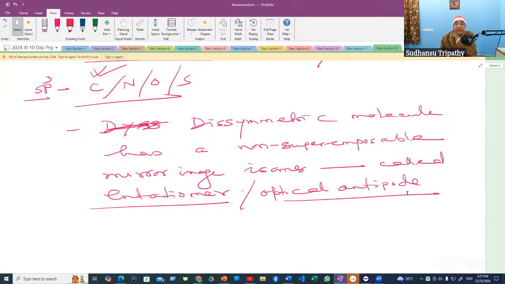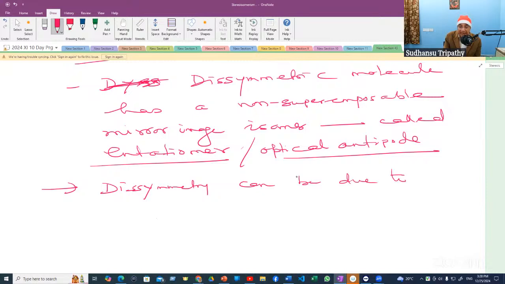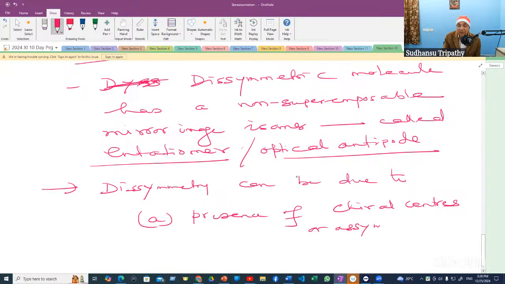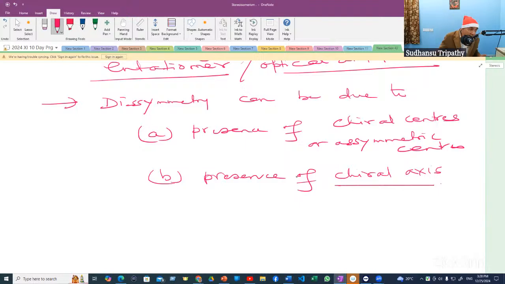So let me tell you first, the dissymmetry can be due to a presence of chiral centers or atoms, chiral centers or asymmetric centers, or chiral axis. Now, whatever may be the case,